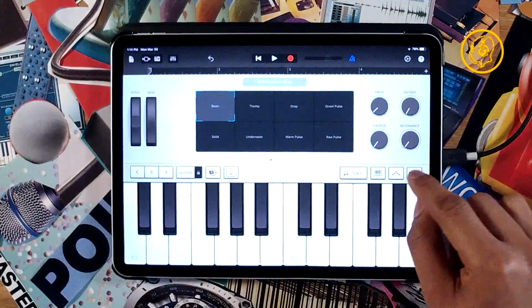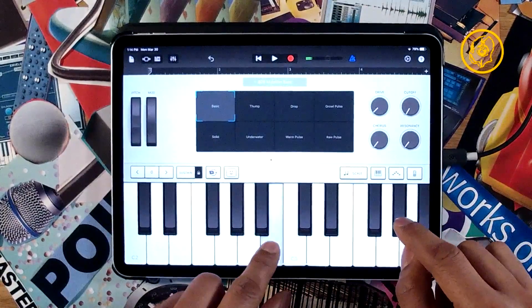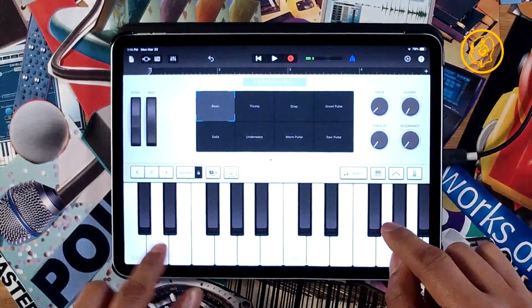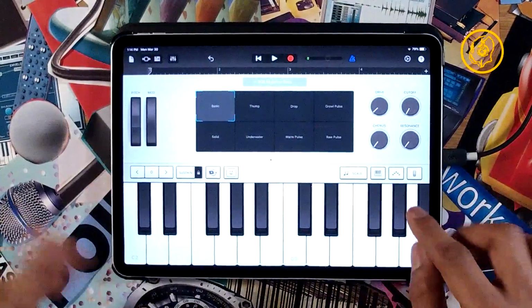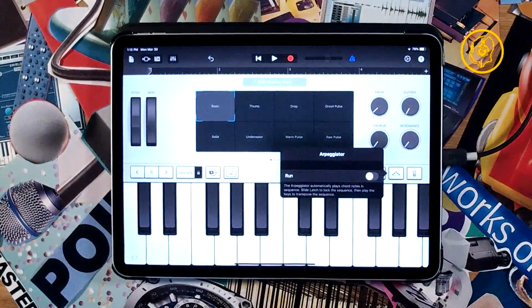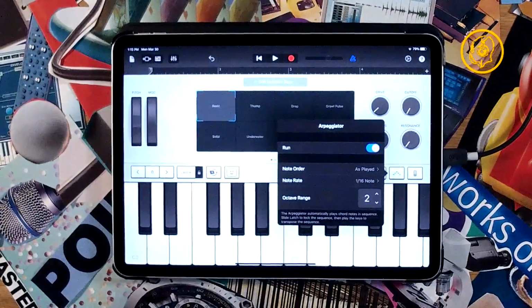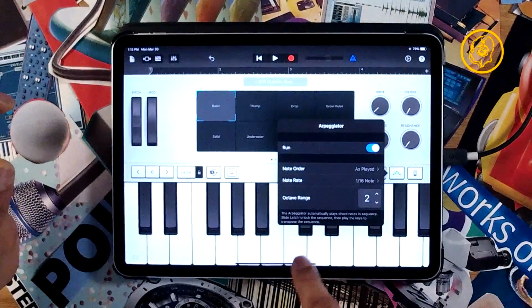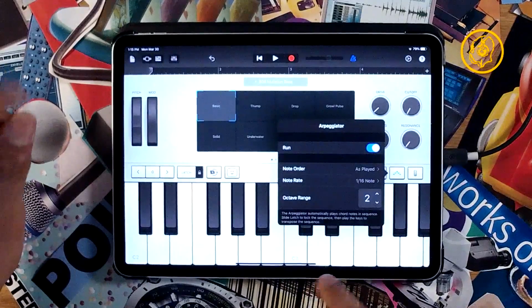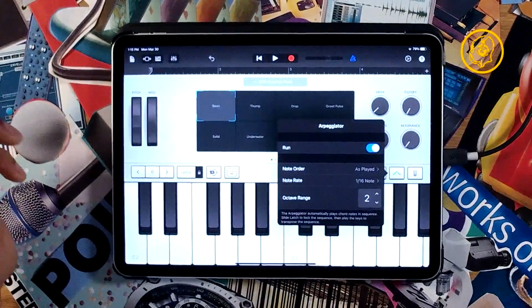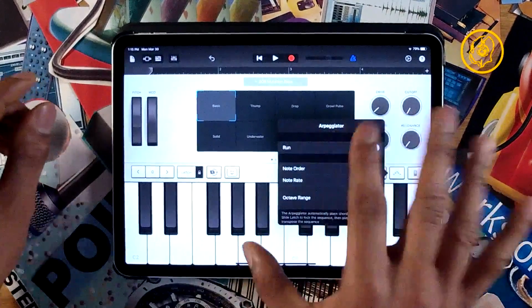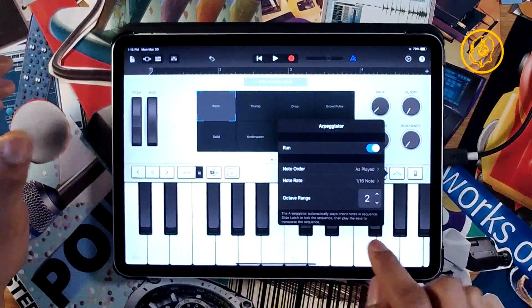All right. And you have tools to play as well. See, you have this normal keyboard. Everyone's familiar with that. But then you have an arpeggiator. Arpeggiators are pretty cool. I really love them because they enable you to do things that sometimes are really hard to reproduce playing in a normal fashion.